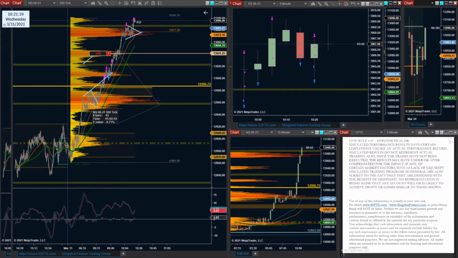I'm not expecting this move up to stay up here by the end of the day, no. But I don't know where they're going to put in the top, so I'm not going to hit the gas pedal yet. It's taken me how long just to get to 5? Still waiting.